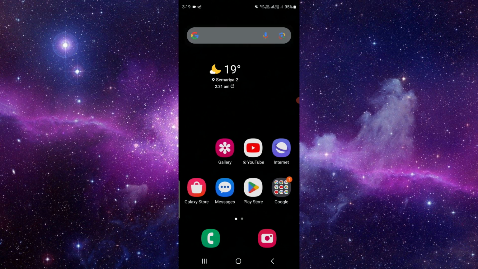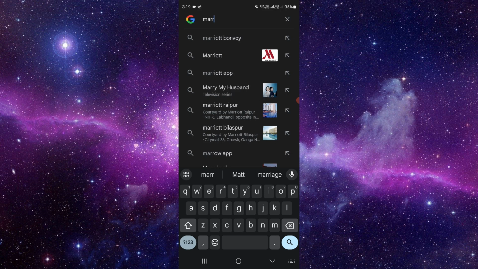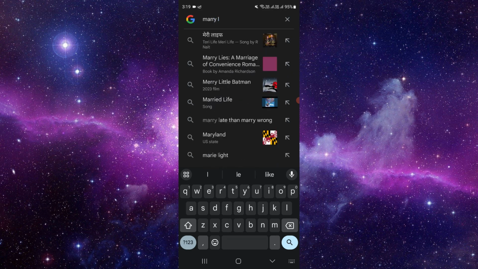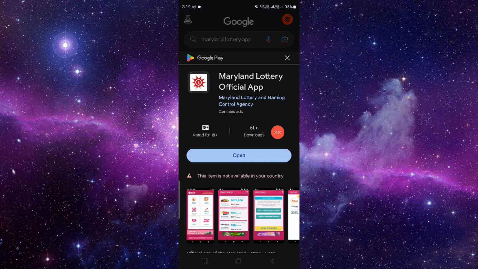Just go to the Google search bar and search for the Maryland lottery app. Okay, so from here you have to check for the update. If it's been updated, then fine. If it's not, you can